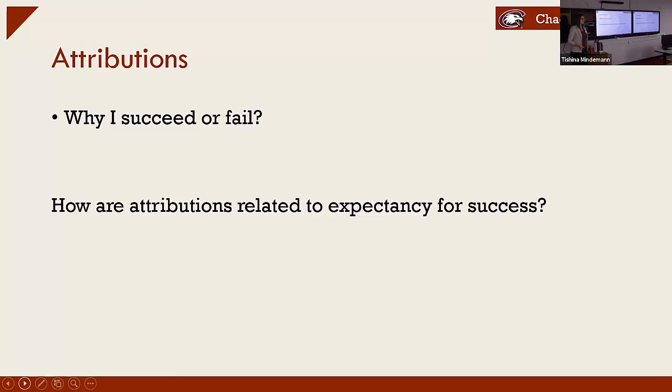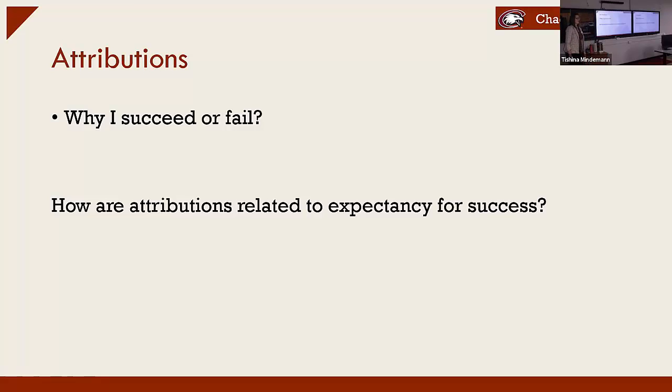And so my question for you guys then is, why would my assessment of why I either did well or did not do well be related to whether or not I feel capable of being successful? Yeah. But if I feel like I have control of that attribute, then I can change it now. If I feel like I have no control over that attribute. Yes, so that's a major one, and that's actually called controllability, and that's one of the major ways that we can classify attributions. Can I control it, or is it out of my control?